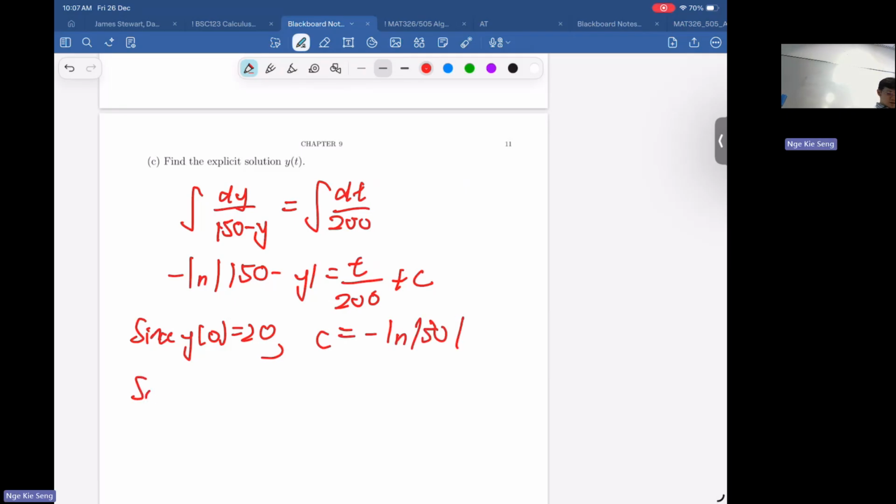So in the end we get the absolute value of 150 minus y equals 130 e to the minus t over